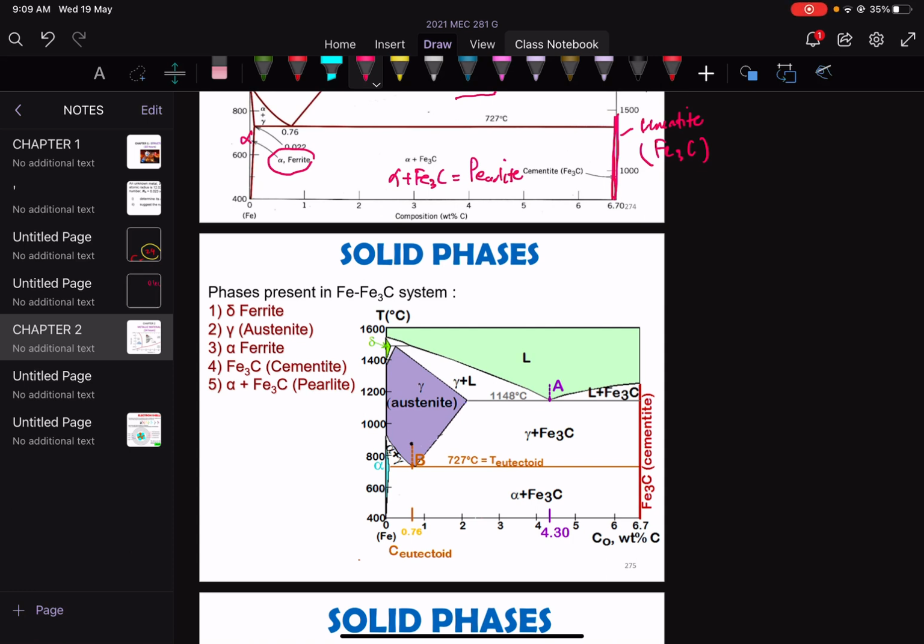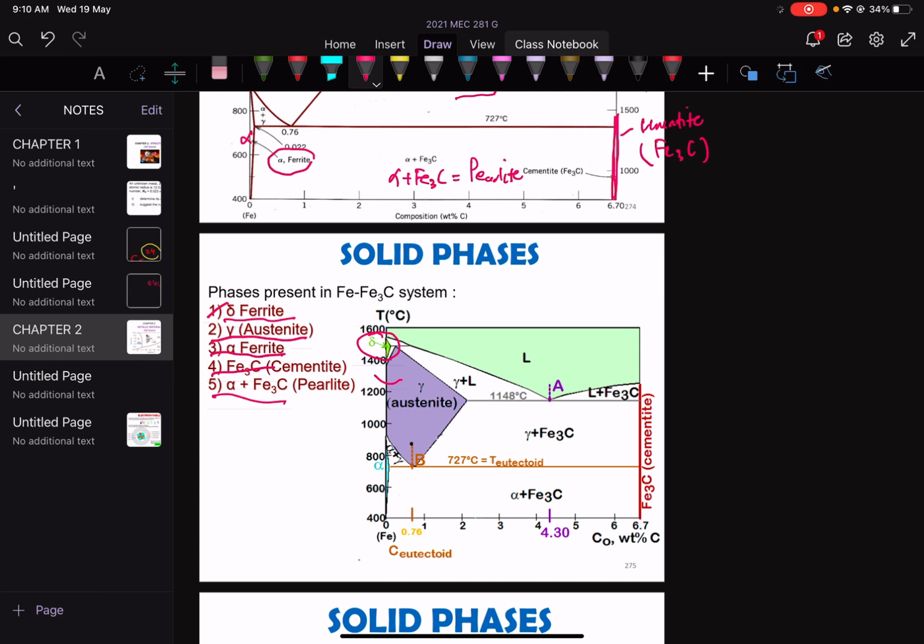Okay, so in the iron carbide phase diagram, you should know that there will be 5 solid phases, which are delta ferrite, gamma austenite, alpha ferrite, cementite, and ferrite plus cementite, which is equal to pearlite. Delta ferrite happens at the very high temperature, here. And then gamma austenite is at the purple region here,